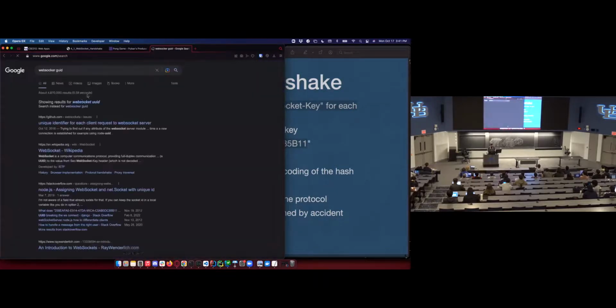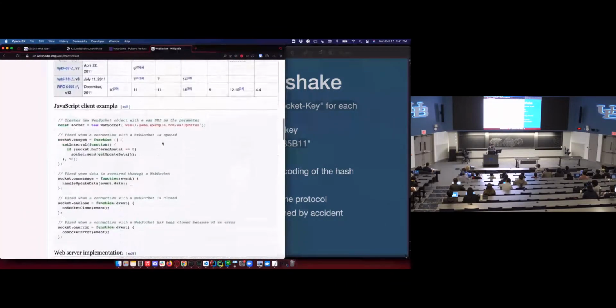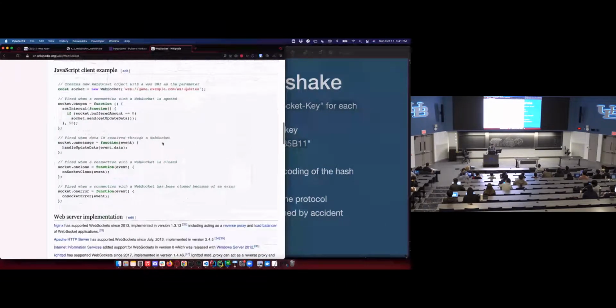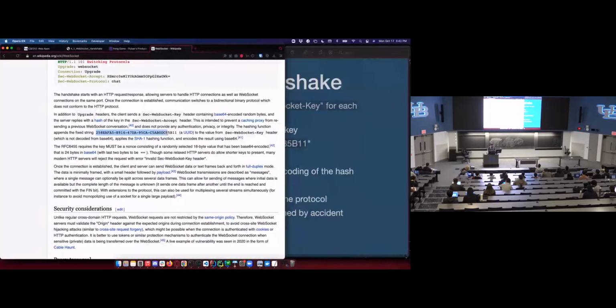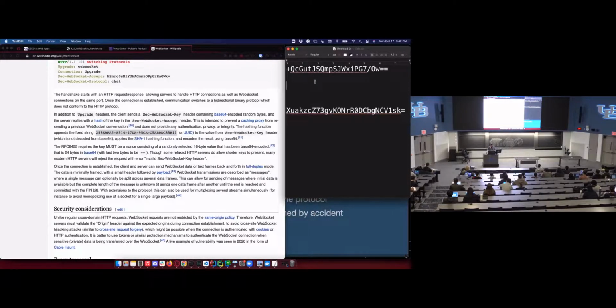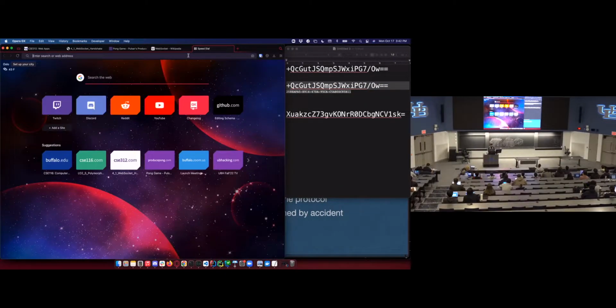WebSocket GUID, I'm just going to search it. WebSocket, Wikipedia should have it. There's my GUID. So I'm going to append this to the end of my value here, and I want to take the SHA-1 hash of that.